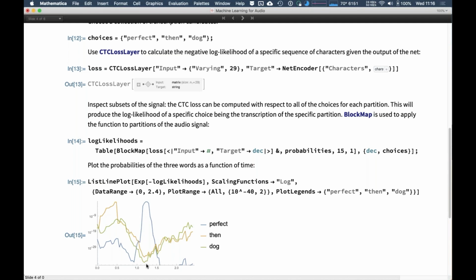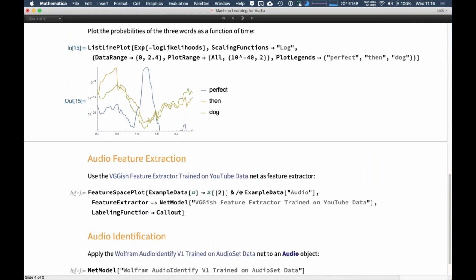So at about 1.2 seconds. Then has a highest probability at 0.5 seconds, and dog, which is not spoken, as you can see, its probability is always several orders of magnitude less than the other words. This allows me to post-process these curves and figure out at which times what words are spoken.